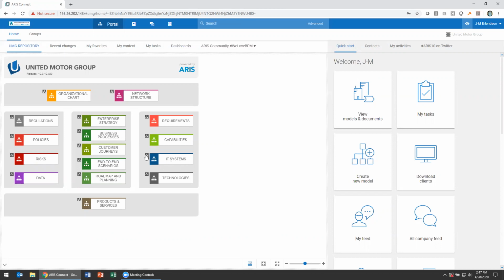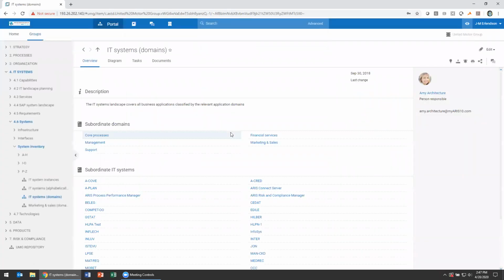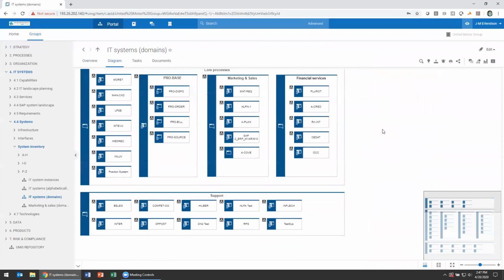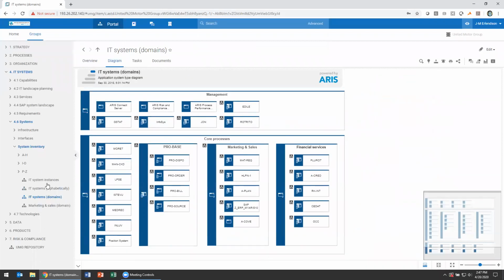So let's look at, for instance, IT systems as a domain library. In this case, this domain library is maintained as a diagram that contains all the relevant information, but it's in a protected area that would prevent anyone from getting access to it should they not have that architectural level permission. And by doing this, not just for IT systems, but also for your organizations, for your risks, for all sorts of this reusable knowledge, you're able to much more quickly and easily contain, protect, share, and analyze all the